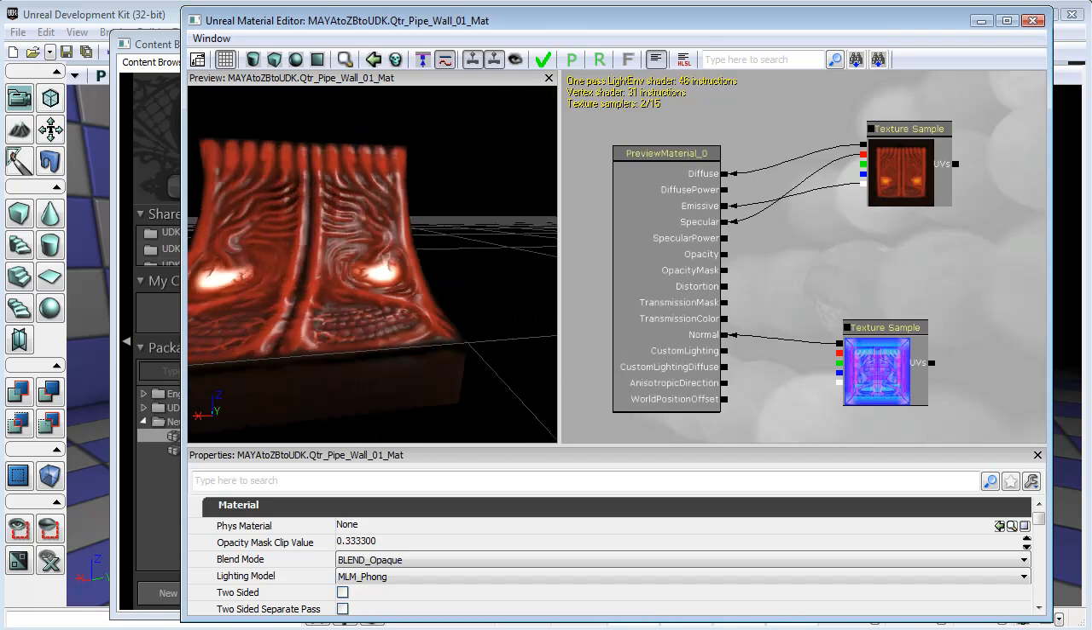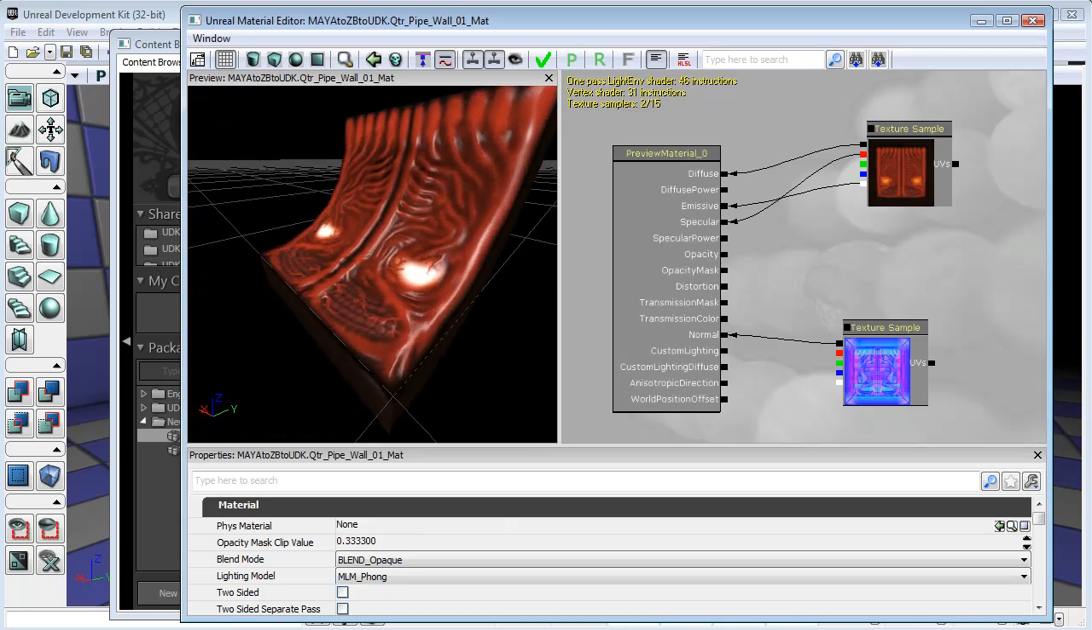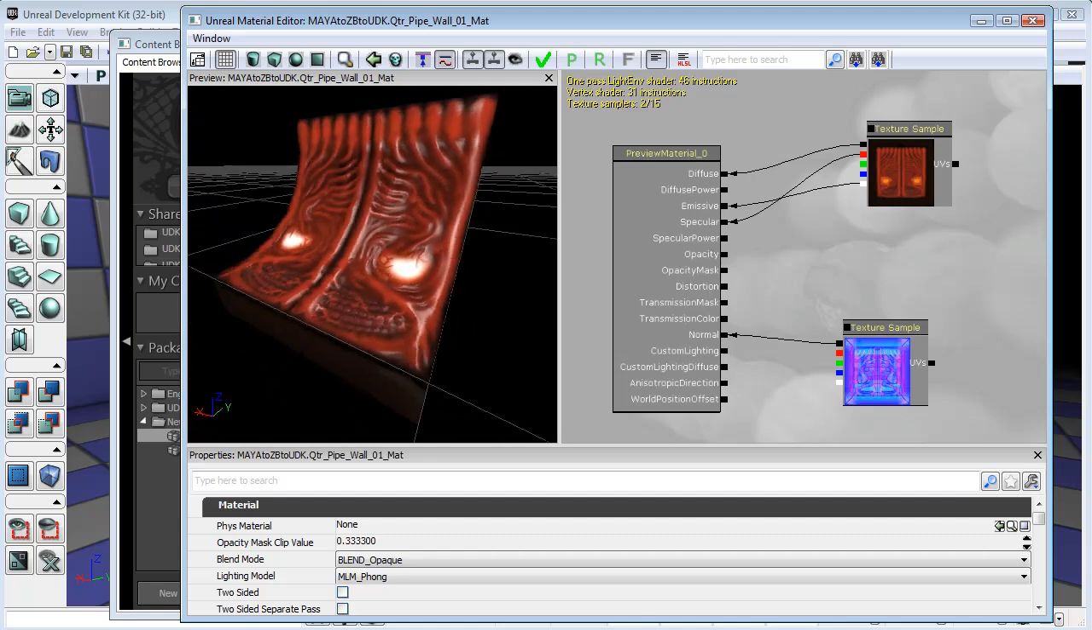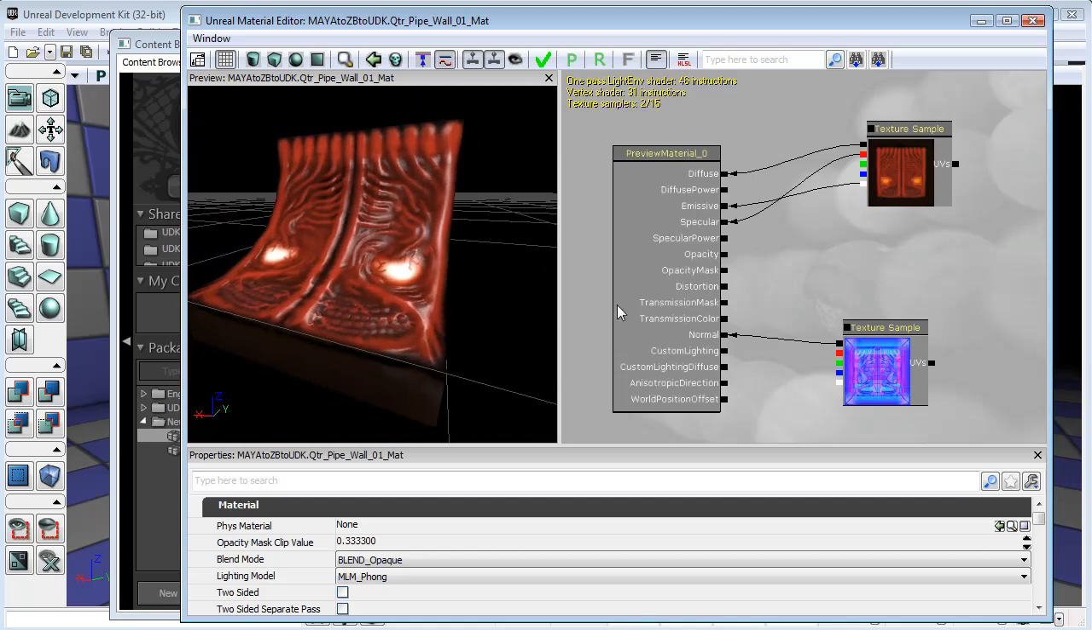So this is our mesh with the texture applied so far. There are a couple of problems with the material that we've set up. The first being that these eyes are glowing white instead of that yellowy orange color, and I'd also like the